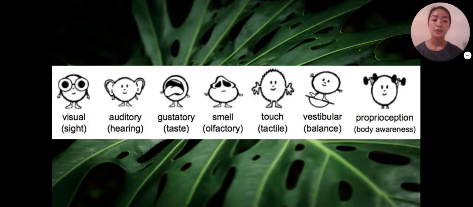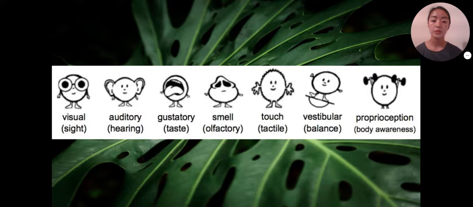Now we're going to get into the nitty-gritty details of sensory processing. Like food nourishes the body, sensations nourish the brain to provide knowledge needed to direct the mind and the body. We have 7 sensory systems that detect sensations from both outside and inside the body. We have our visual system, our sense of sight, auditory system, sense of hearing, oral system, sense of taste, olfactory system, sense of smell, tactile system, sense of touch, from touching something else or from something else touching you,